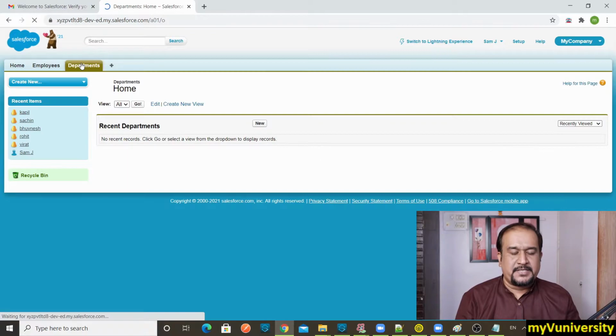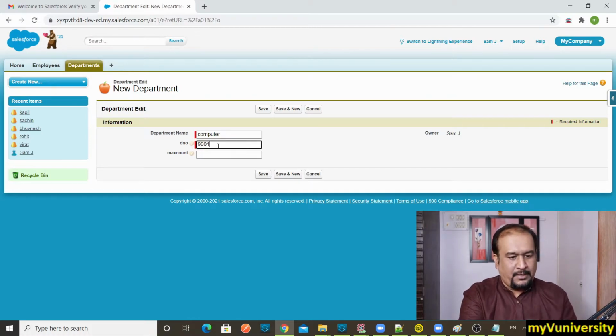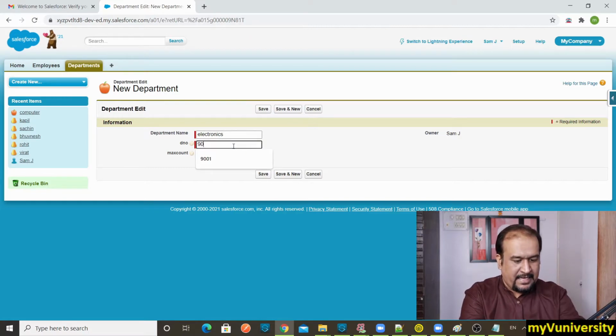Click on the departments tab and let us click on new. Department name, let us say computer department. DNO is let's say 9001. Max count is let's say 100. Save and new. Electronics department, DNO is 9002, max count is 500.